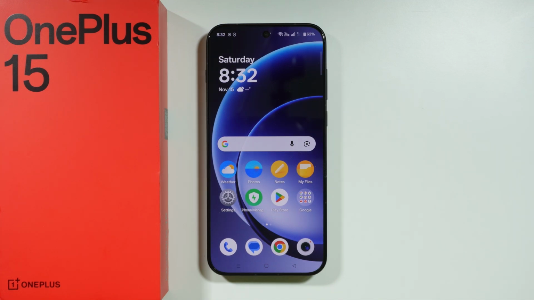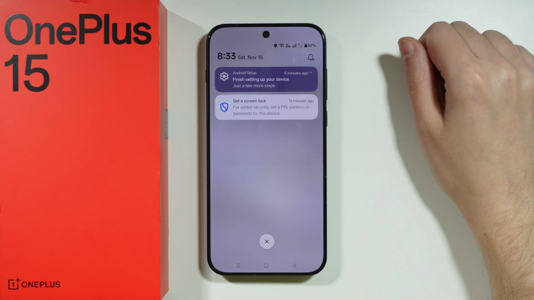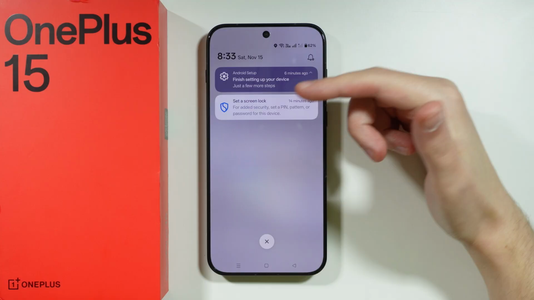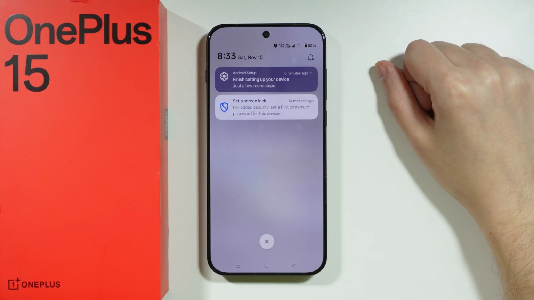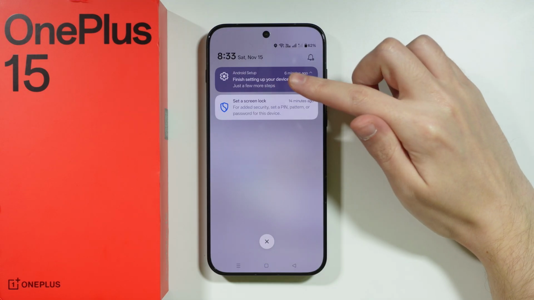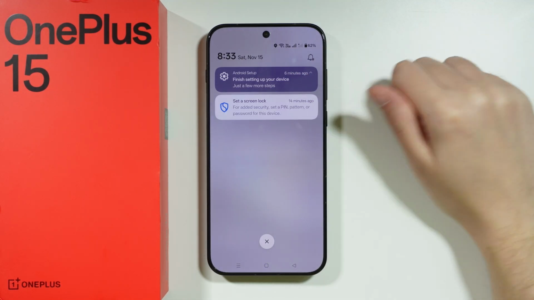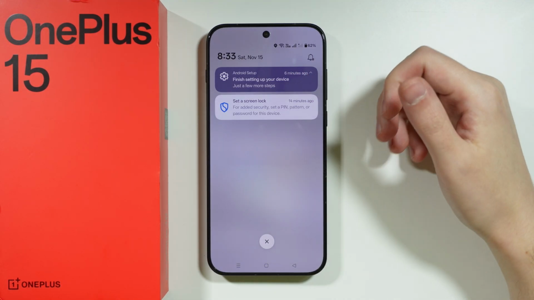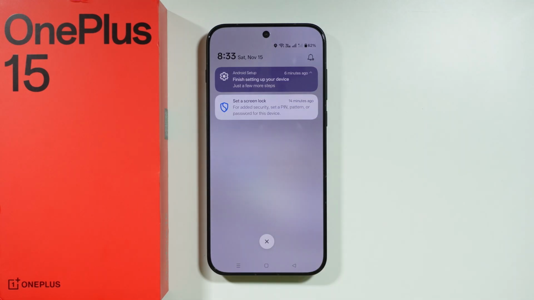Let me show you some of the first things that you can do on OnePlus 15 right after the initial configuration. So the first thing that we can do is simply check notifications, and over here most of the time you will see some tips provided by the phone, which we can of course follow, such as finish setting up your device, which most of the time includes some of the things that we have during the initial configuration that you probably didn't do or you skipped, so you have the second chance to actually set them up quite